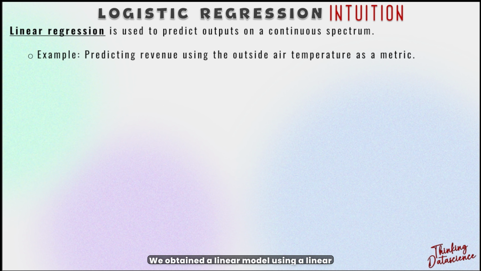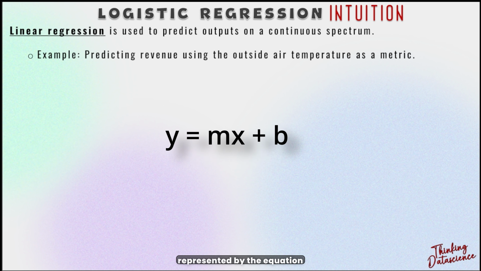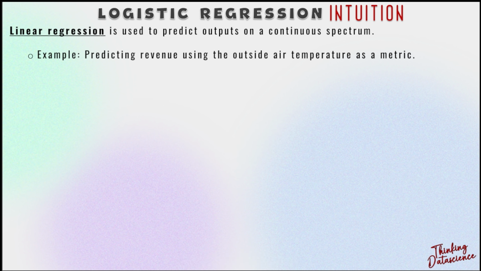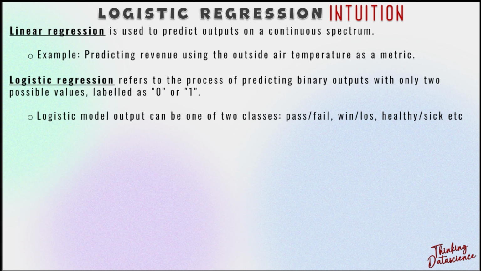We obtained a linear model using linear regression, which is represented by the equation y = mx + b. This equation is essentially a straight line. It is important to note that the outputs were a continuous spectrum, meaning the revenue could range from $100 to $1000. Logistic regression is a statistical model used for predicting binary or categorical outcomes, which means there are only two